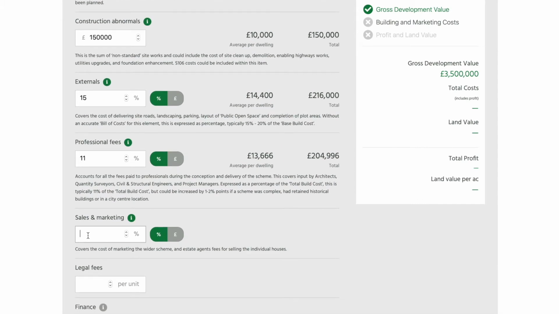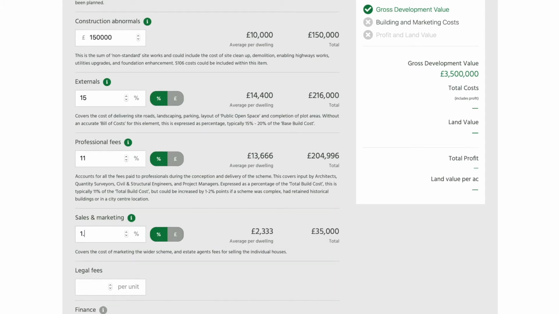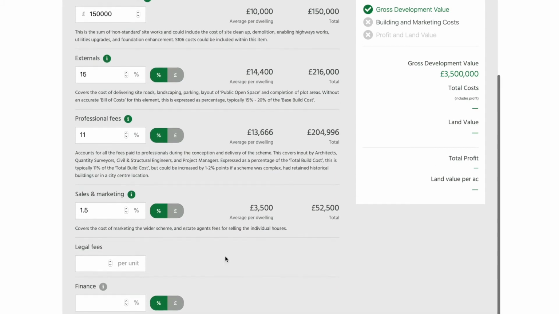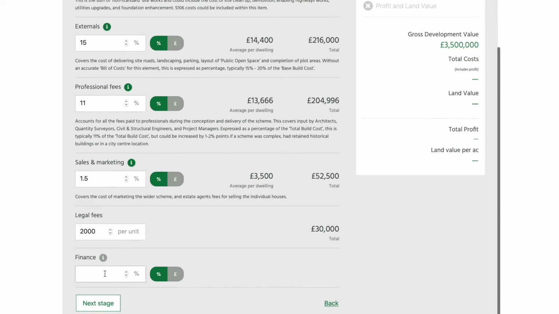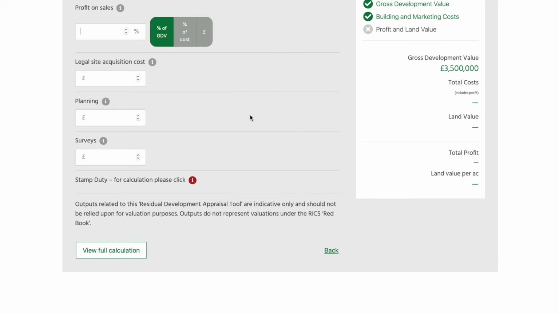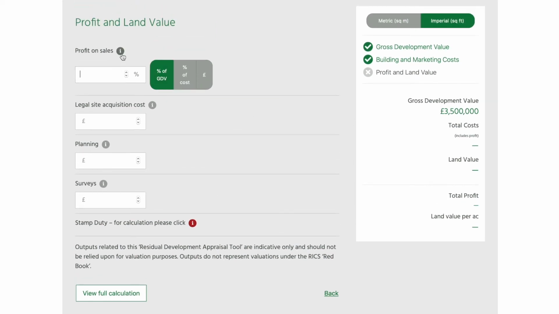As you can still follow through the calculator, as it's tapping on in the background, we are now into sales and marketing, legal fees. These are all elements which form part of the costs for when you're looking to develop a parcel of land, and obviously, importantly, finance at the end. And these rates and everything all depend on specifics of a particular project. As you can see, the calculator is fully automated, easy to understand, and quickly establishes the viability to develop a